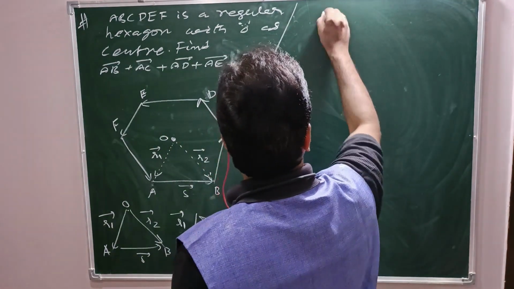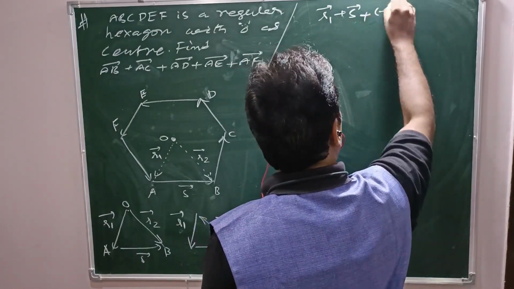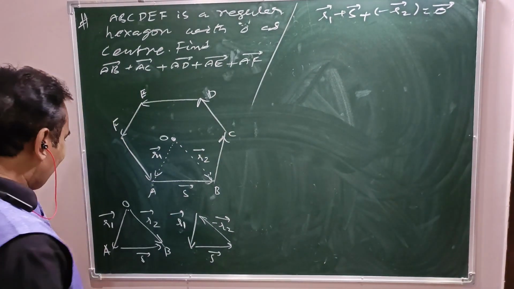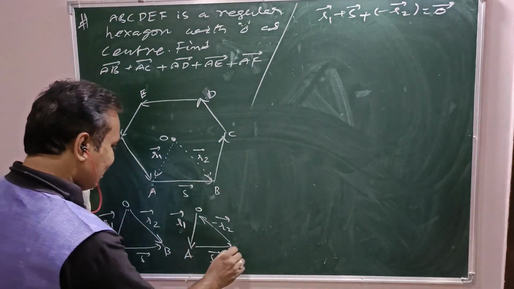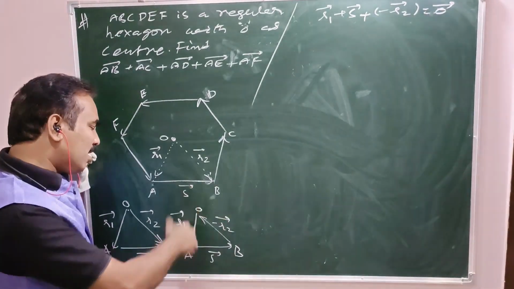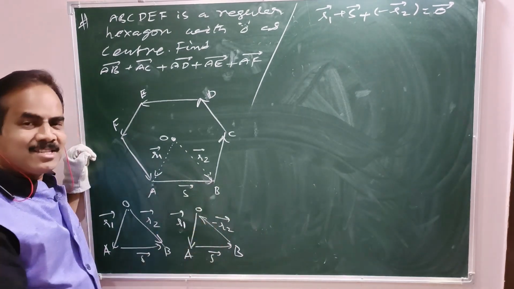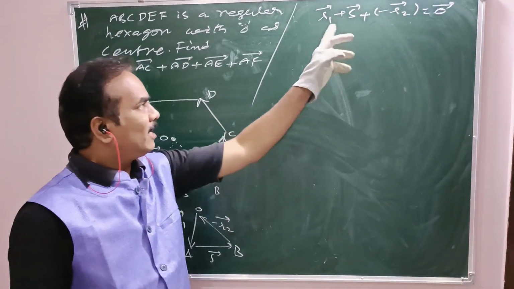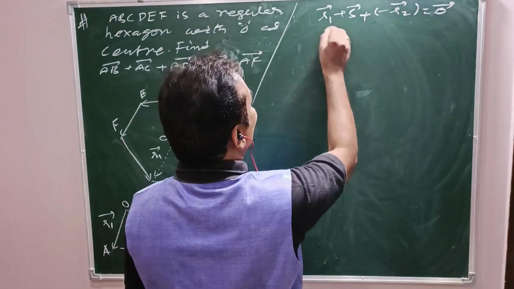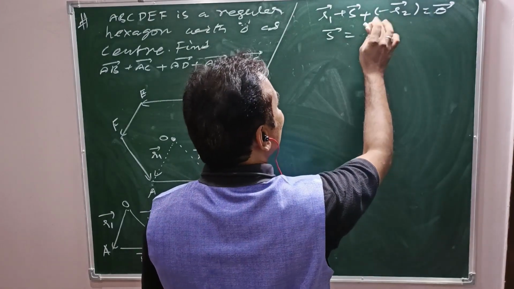See, R1 bar plus S bar plus minus R2 bar is equal to 0 bar as far as the triangle law of addition is concerned. Am I right? Of course, here it is O, here it is A, here it is B. All three vectors are taken in the same order, head to tail, head to tail, head to tail. In that case, the sum of all three vectors is the null vector. That's what I have written. R1 bar plus S bar minus R2 bar is 0. That is S bar equal to, take the R2 bar to that side,